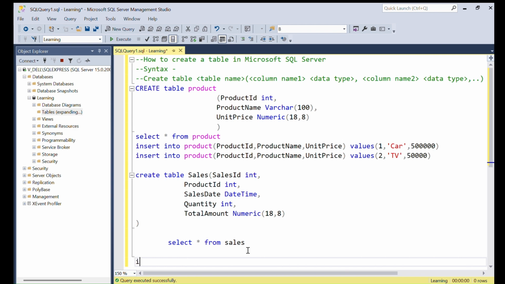Insert into sales, sales ID, product ID, sales date, quantity, total amount. Values,